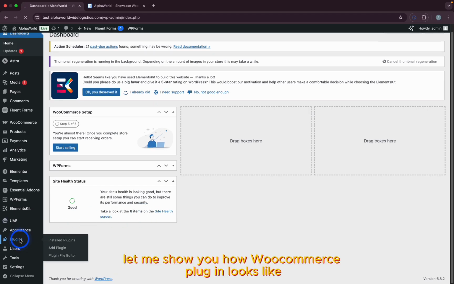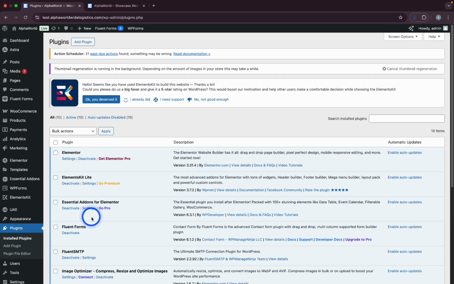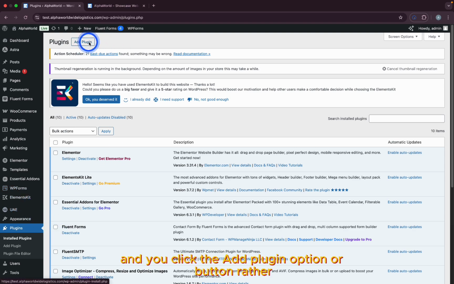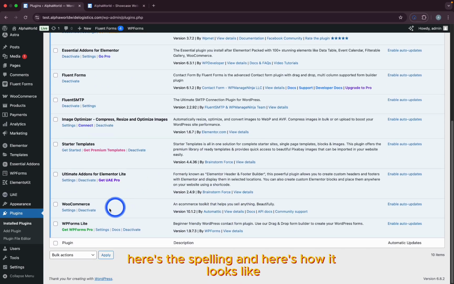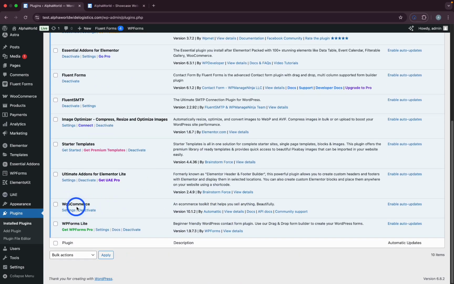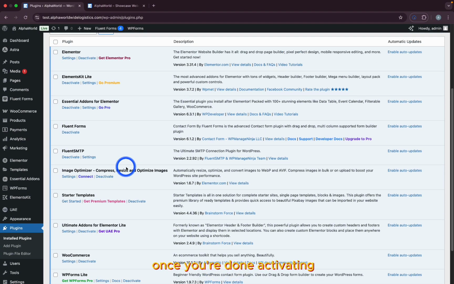Let me show you how the WooCommerce plugin looks. So to install the WooCommerce plugin, you just have to come to this plugin section and click the add plugin button, and you search for WooCommerce. Here's the spelling and here's how it looks. WooCommerce. The developer is Automattic. So you install the WooCommerce plugin and you activate. Once you're done